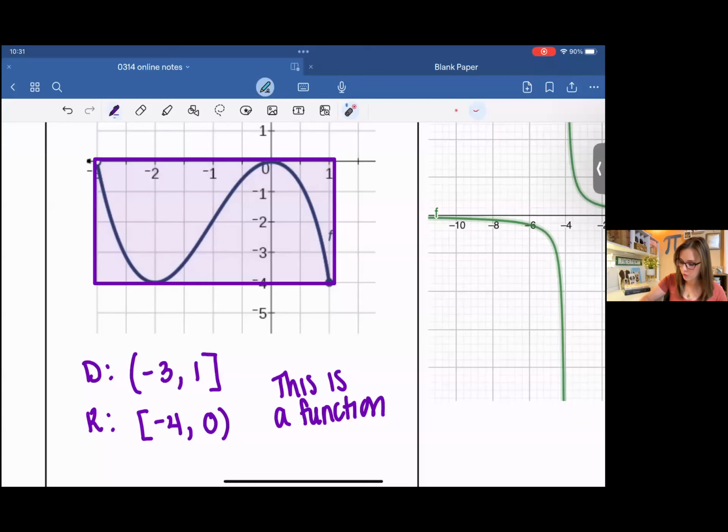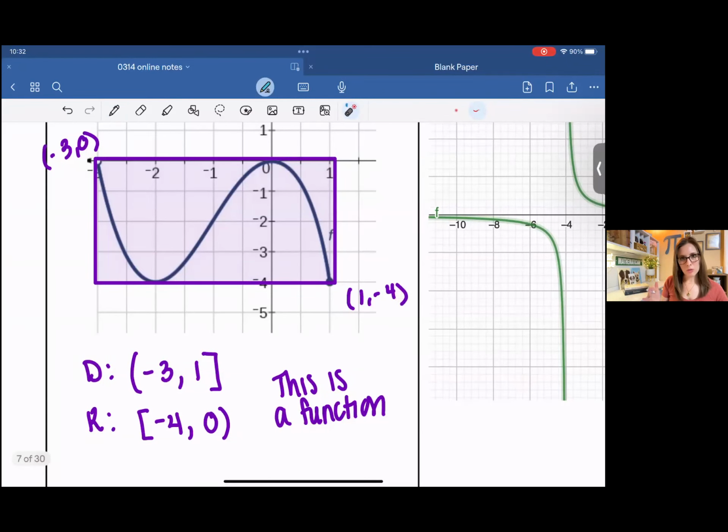And remember that you can write these as points. So this point was -3, 0, and this point was 1, -4, and that can kind of help you find those values. There's one in the homework